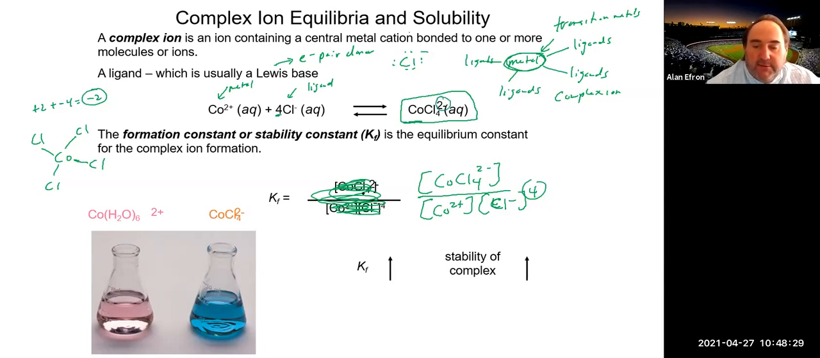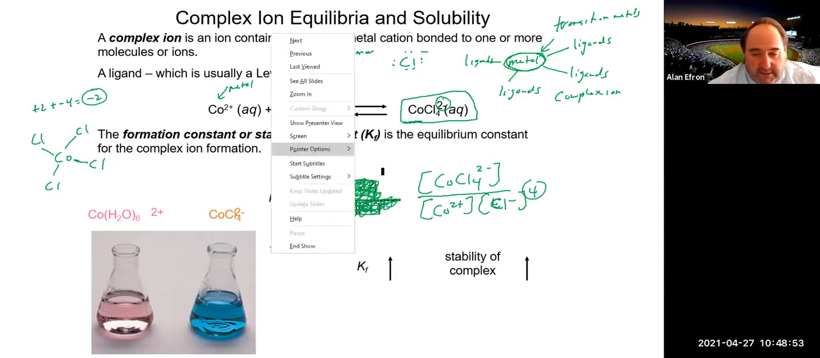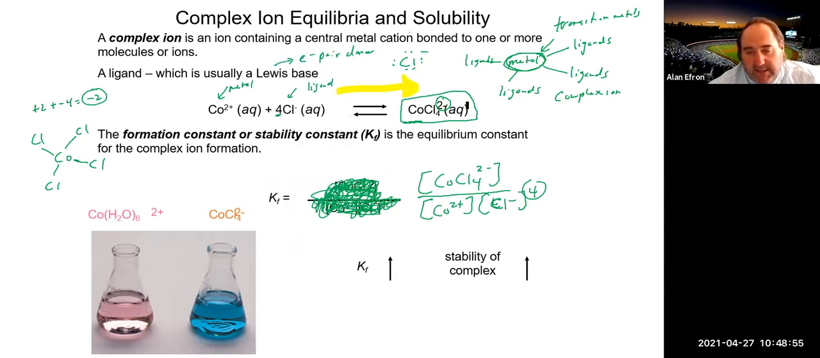So when we look at a Kf value and the Kf value increases, the stability of the complex ion also increases. So what does that mean? Well, when we have a larger value of K, that means that we would expect more products. In the case of this Kf equilibrium, more products would mean we're heading in this direction, and this direction is our complex ion. So that's what it means. The larger the Kf value, the more stable the complex ion is, and we would expect the complex ion to